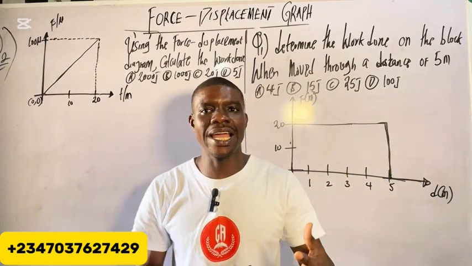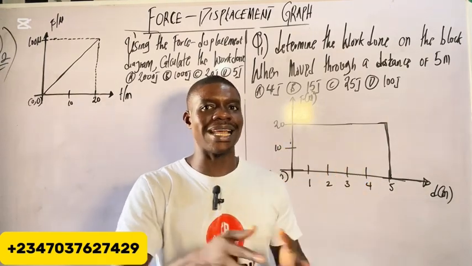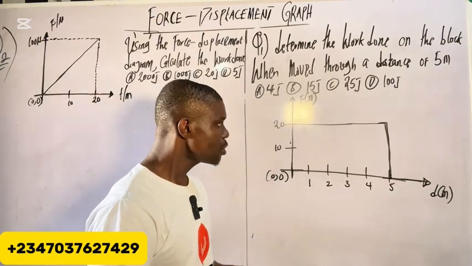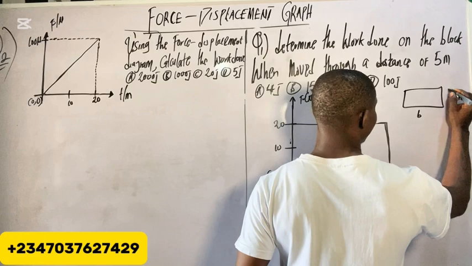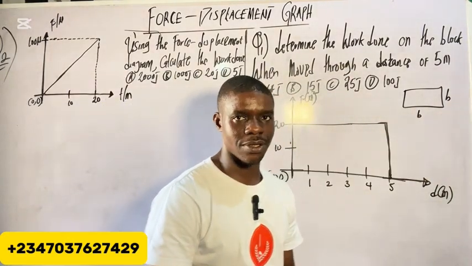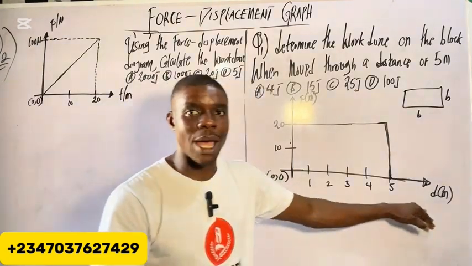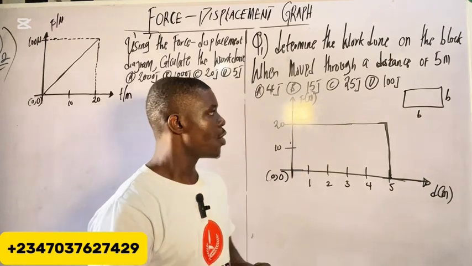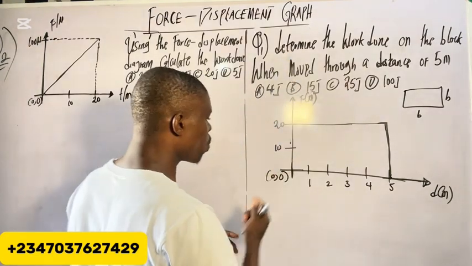Now, what is the area of a rectangle? The area of a rectangle is base times height, right? Base times height. So when you have this one like this, here is the base, here is the height. Base times height. So here is going to be my base. My base is my distance, while my height is my force. So the work done